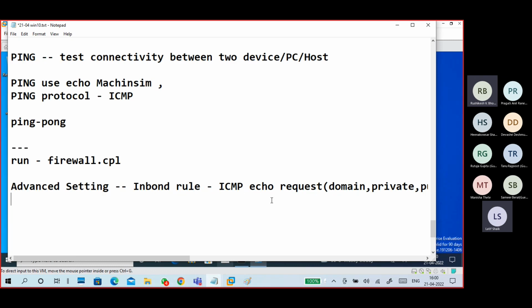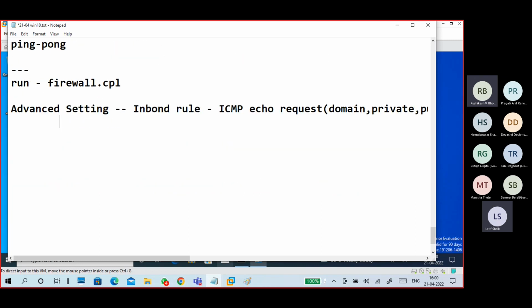You don't need to do it for public also, but we are in this network, so we can do it. The same thing I have done for outbound rules also, ditto.